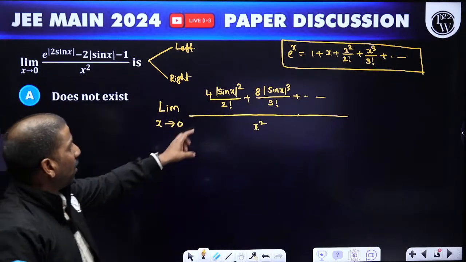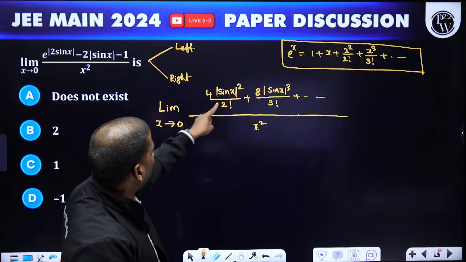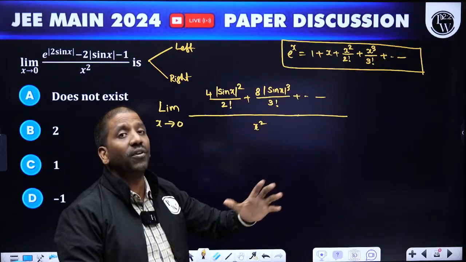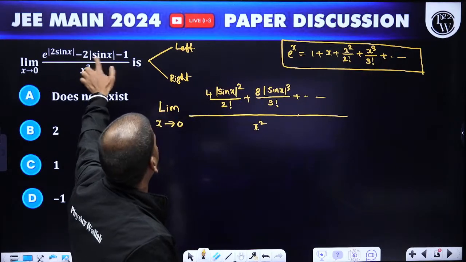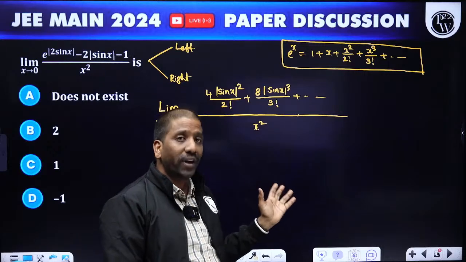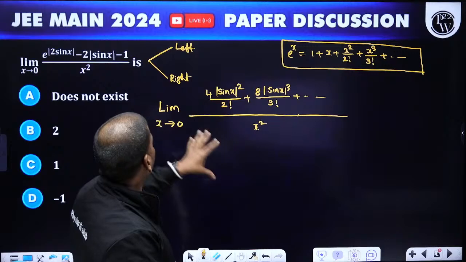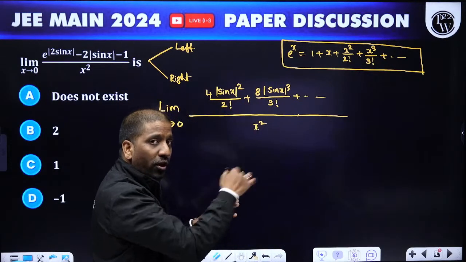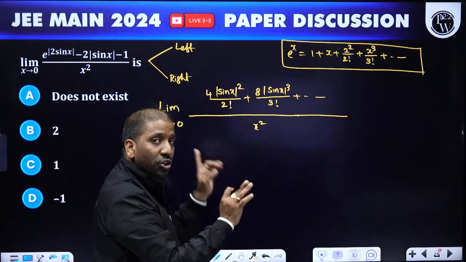Once you observe, usually modulus matters as x tends to 0, but here a square is present, so the plus or minus sign will not affect. For example, if it started from x³ and that term is also given, we would need to calculate in two different cases, and then you may get does not exist. But here there is no need to worry. Modulus is present and square is also present. Left and right limit both will have the same sign. So no question of does not exist.